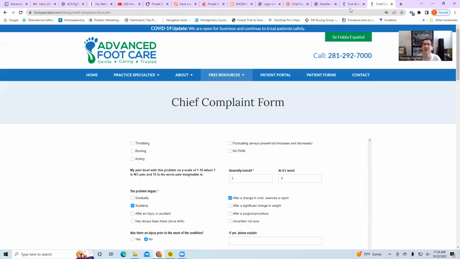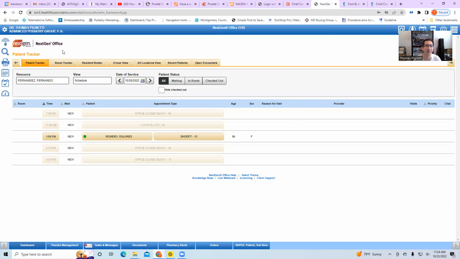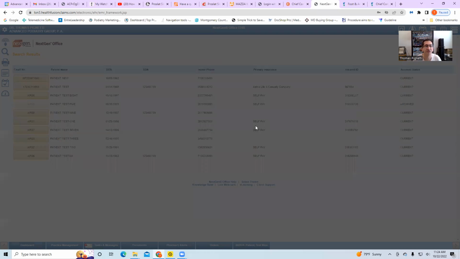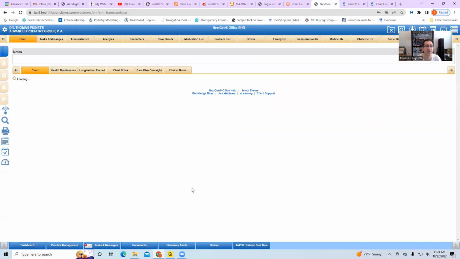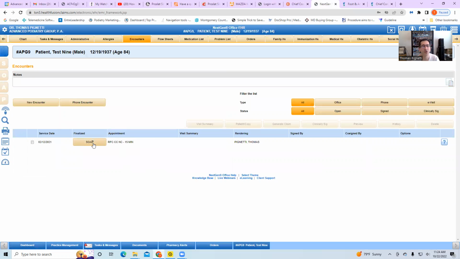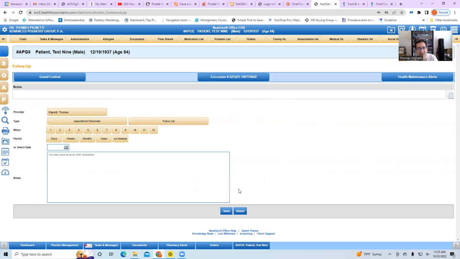Now, when we go to Nextgen, you can see I'm going to go into my test patient, through patient search chart, which is patient 9, the one that we've been using. What I'm going to draw your attention to this time is we're going to do an encounter. Again, normally when the patient's here, you click the time. That would be over on the dashboard. But again, we don't have an appointment scheduled for this patient today. So I'm just going to go here